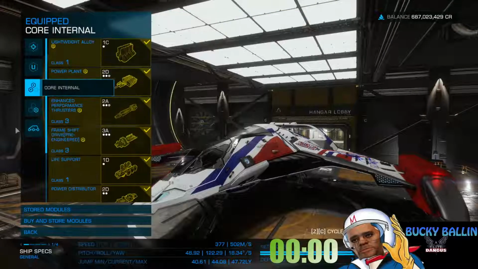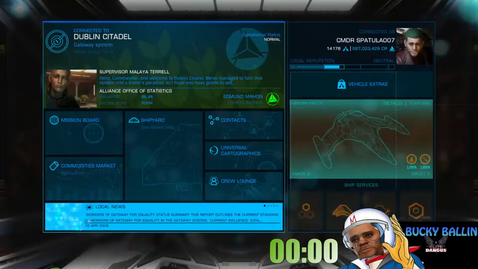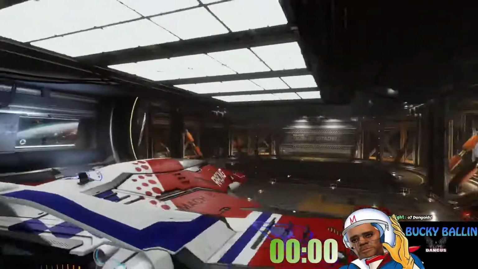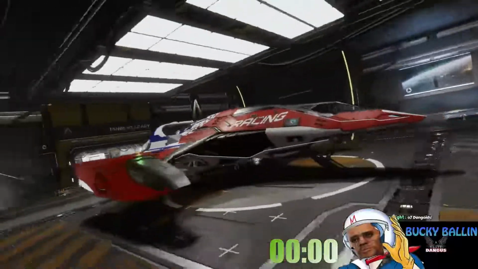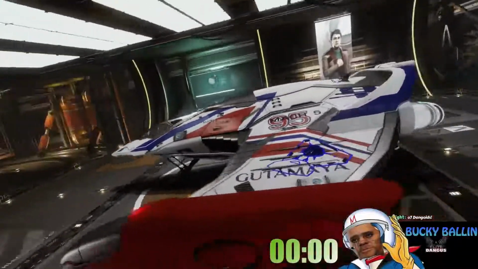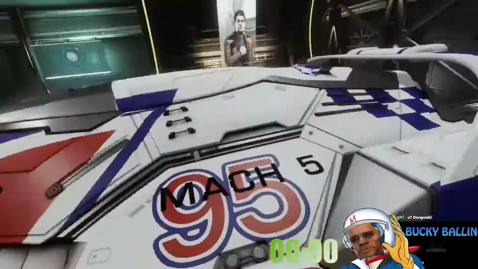Of course, this one does not have the room for a vehicle bay. But look at that cool racing skin. Let me just show you this one. I actually bought this one. I didn't have any skins for my Imperial Eagle, but I bought this one because it's just so appropriate. It's a great-looking skin for a racing ship. Of course, I've screwed it up by slapping on decals everywhere. You can even see the name of the